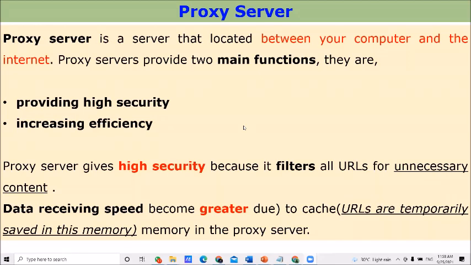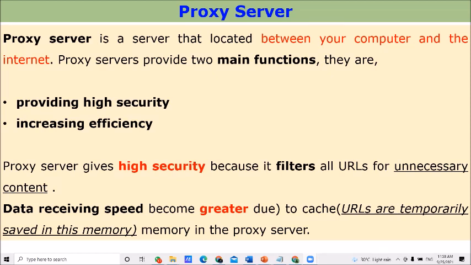In this slide, it explains the proxy server. A proxy server is a server located between your computer and the internet. Its main functions are improving your security and increasing efficiency.